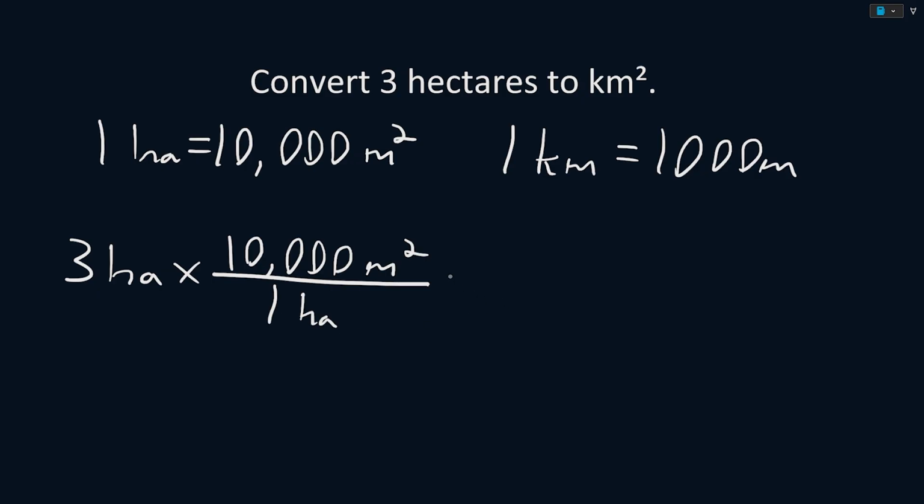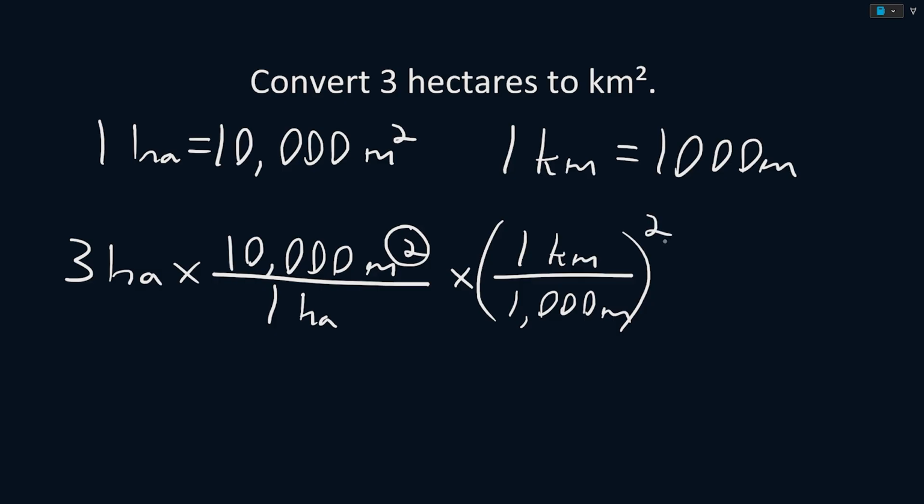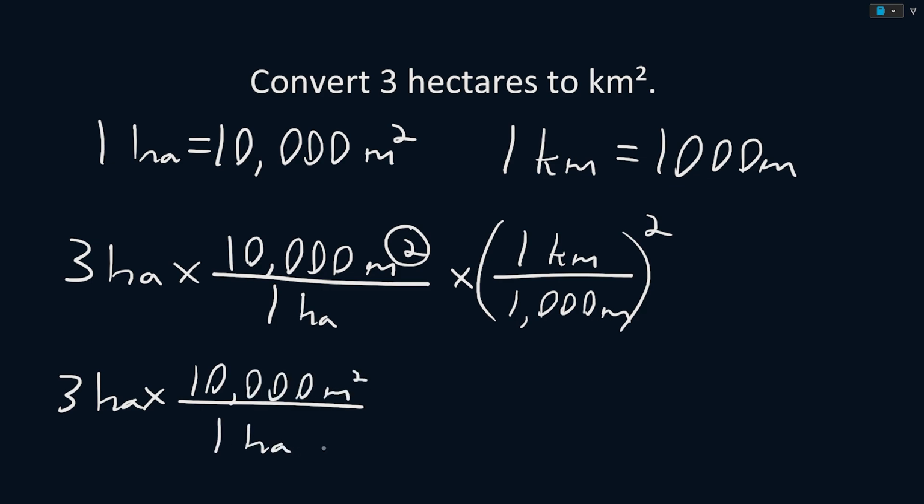Then we can go from meters to kilometers by multiplying through our conversion factor of 1 kilometer for every 1,000 meters. And since the meters are squared, we need to also square our conversion factor. This is equivalent to saying 3 hectares times 10,000 squared meters over 1 hectare times 1 squared kilometer over 1,000 squared